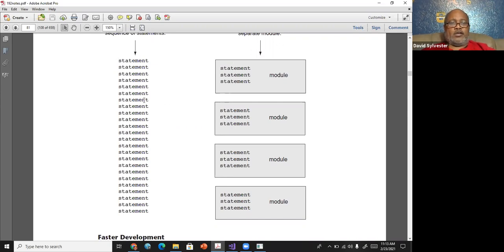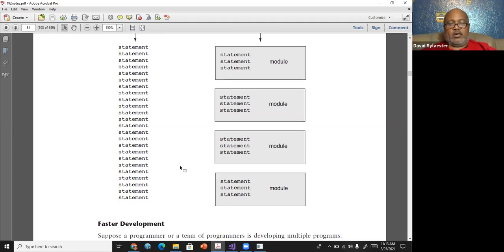So we could take those statements and put them in a module. Now you see what we're doing: we're taking one long program and splitting it up into small parts so we can look at the program in a more abstract way, but it's clearer. So that's what it does.